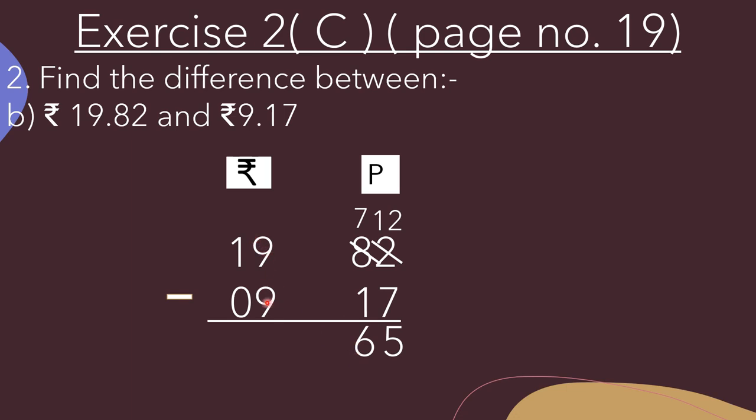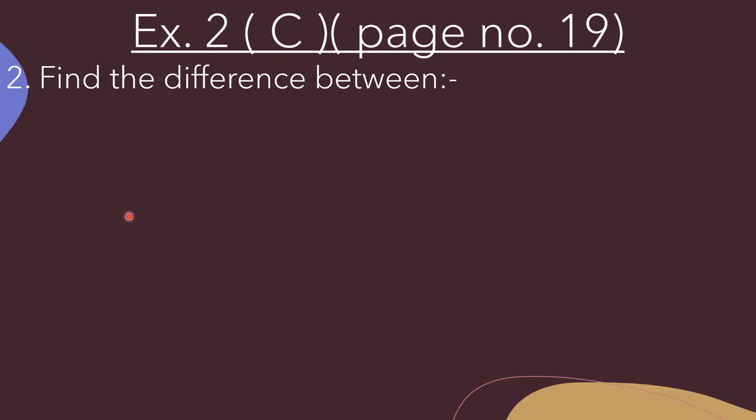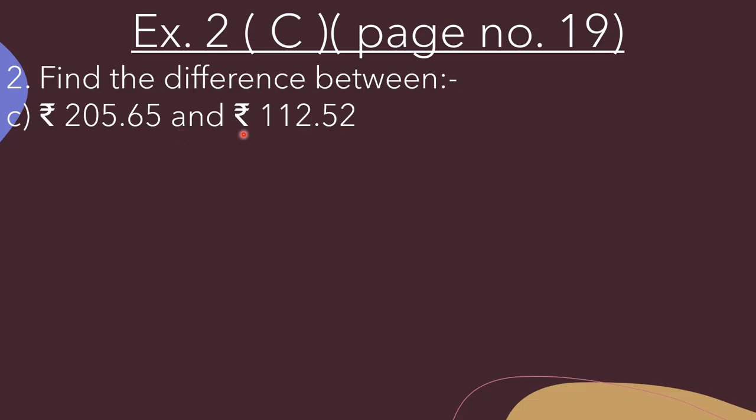9 minus 9, that is equal to 0. And 1 minus 0 is equal to 1. So what is the answer? That is rupees 10.65 paise, or we can write it like this, rupees 10.65. Okay. Now in C part, rupees 205.65 and rupees